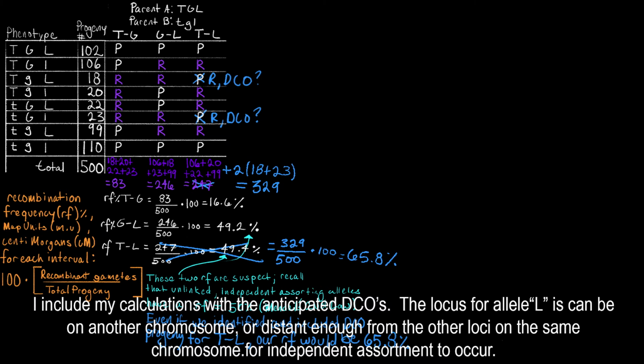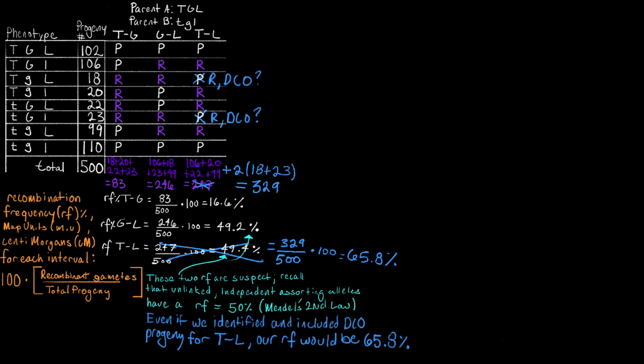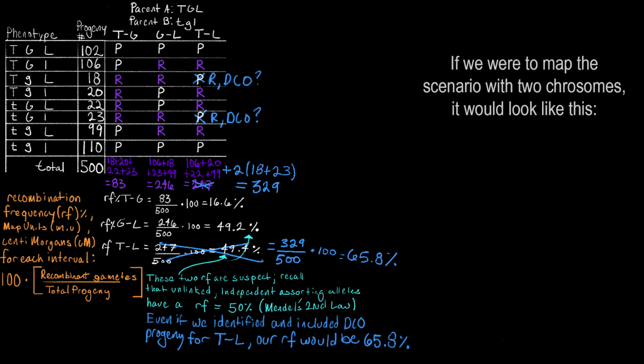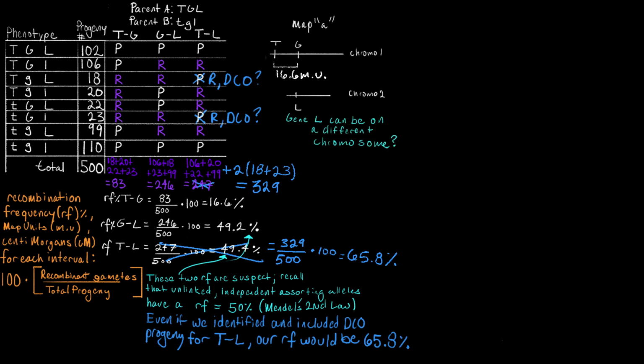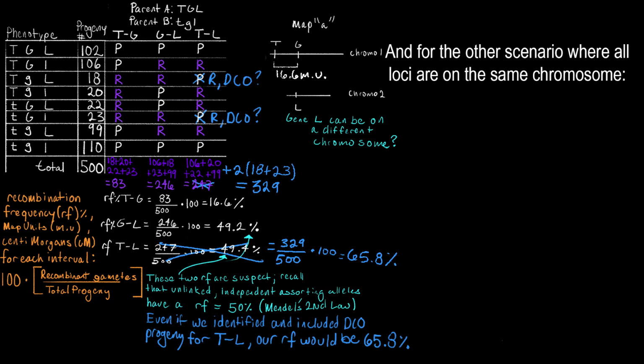I include my calculations with the anticipated double crossovers. The locus for allele L can be on another chromosome, or distant enough from the other loci on the same chromosome for independent assortment to occur. If we were to map this scenario with 2 chromosomes, it would look like this. And for the other scenario, where all loci are on the same chromosome,